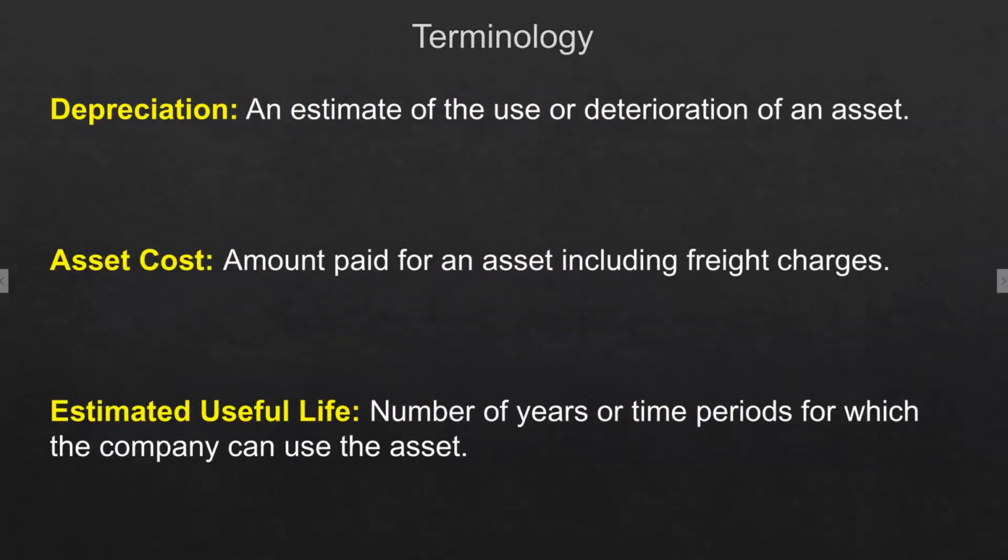So here's some terminology. Depreciation is an estimate of the use or deterioration of an asset. And so this is something that's used, like for taxes and those kinds of things with a business. The asset cost is the amount paid for it, including freight charges. And then the estimated useful life is how many years we think we're going to be able to use